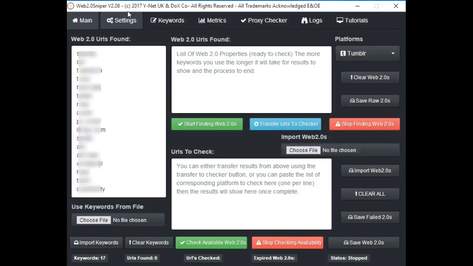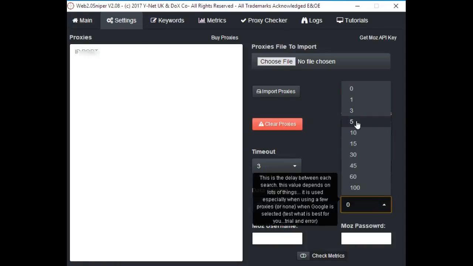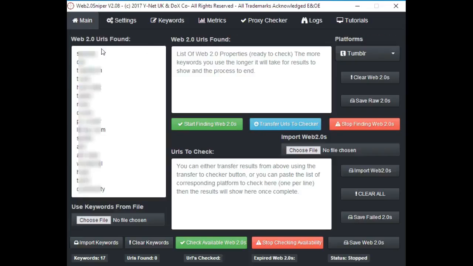Okay, so what we want to do now is, let me just turn the proxies off. I'll set the delay to 5, and then I will hit start finding web 2.0s. Now, because I've set up a delay, I will pause this video because it's going to wait for 5 seconds in between each search. Now, this is just me demoing a single IP on Google so you can see some